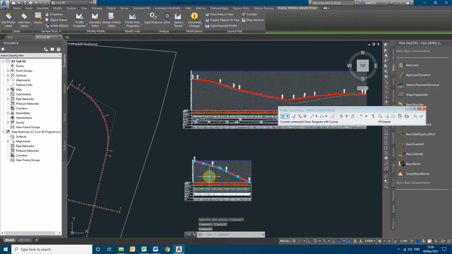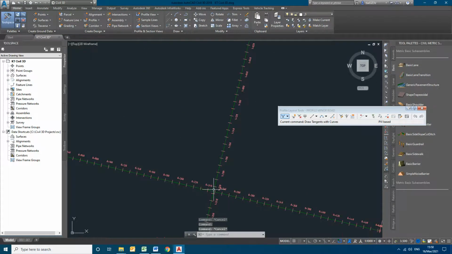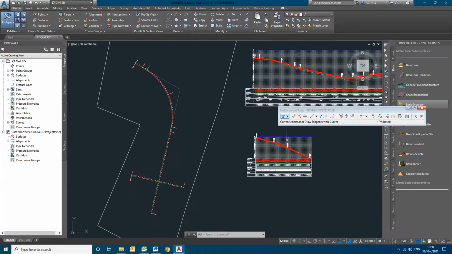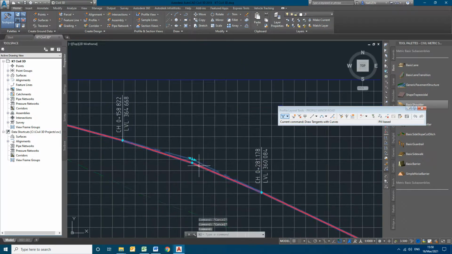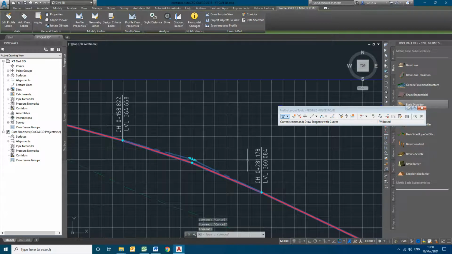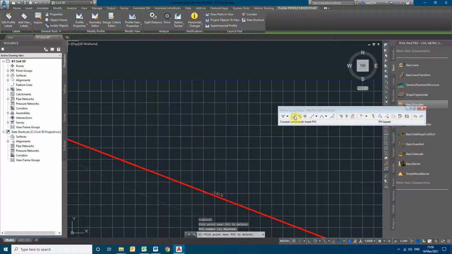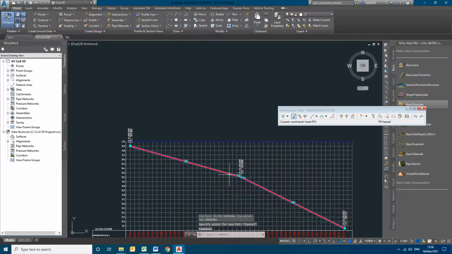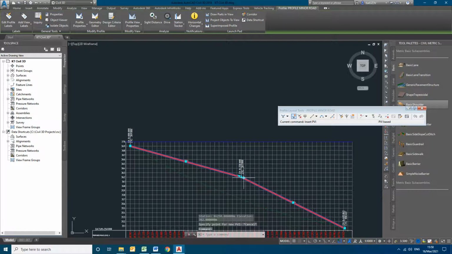Our main motive over here is that whatever level you are giving on the major road at this particular chainage, the same level is to be maintained. So for this, before assigning the curve here, I want to make it a normal IP with the tangents. So I will remove the IP and insert the IP here. So these are the tangents. Once the levels and everything have been fixed, then I will assign the curves and the length.